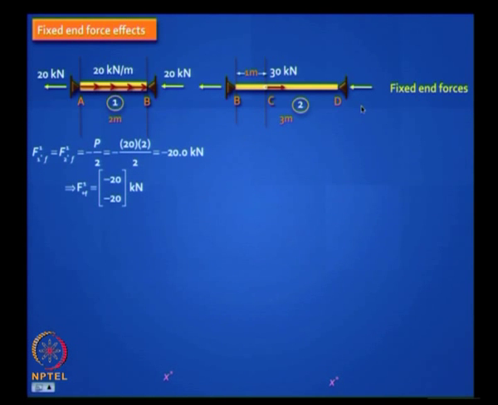And how do you label it? Well, you can write this, these are the notations we use. The first element, fixed end force, is written as F1 1 star F, that is this one, and this is F1 2 star F. Mind you, everything pointing in the local x star direction is positive, so they will both be written with a minus sign. You guessed 20 correctly, but you should also put the minus sign. So both these put together in a vector form is F1 star F. Is this notation clear to you? Can you similarly create F2 star F? What is F2 star F?